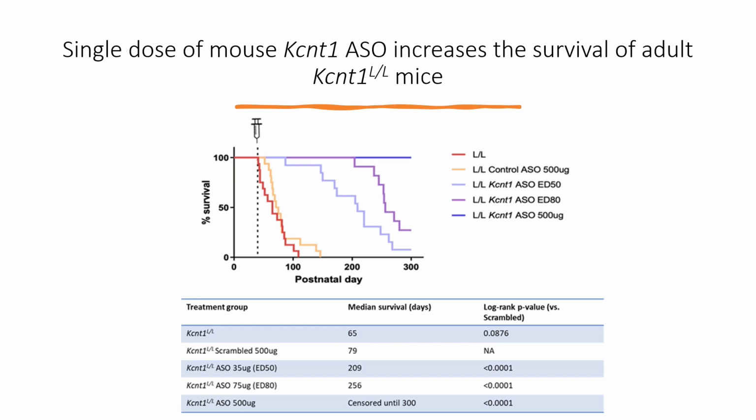Here we dose the animals with 3 different levels of the ASO, including a control. You can see in red the uninjected animals dying and all dead by about 100 days. In orange is the control ASO. You often see some pharmacological effect of giving the ASO, but you see clear gene dosing here as we give higher levels of ASO: 50% knockdown, this light purple, darker purple, 80% knockdown, and the top was a massive dose of 500 micrograms that was